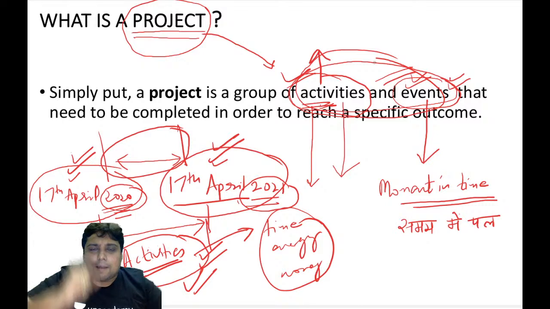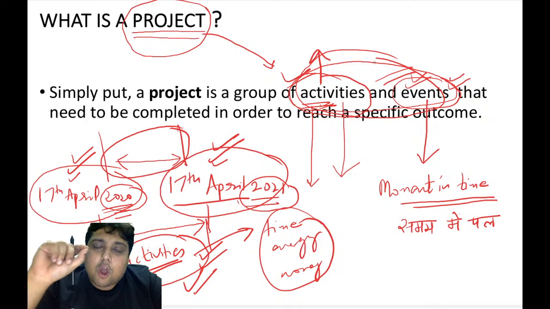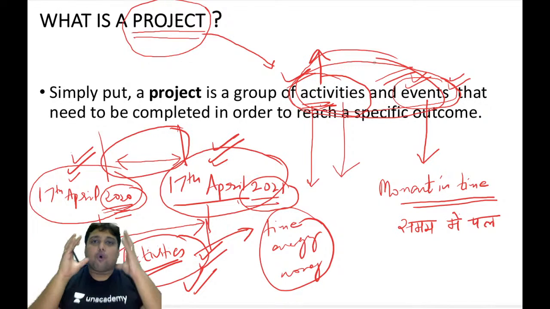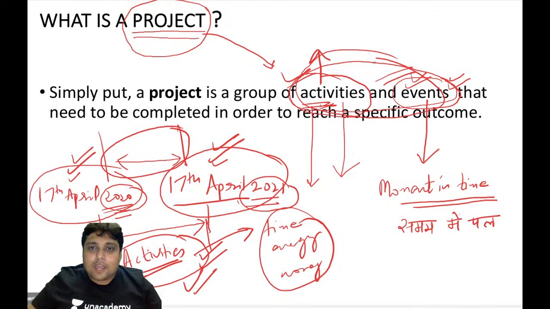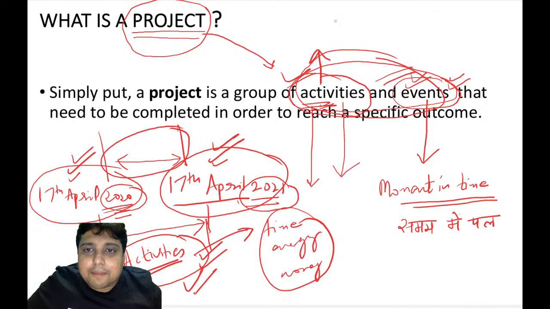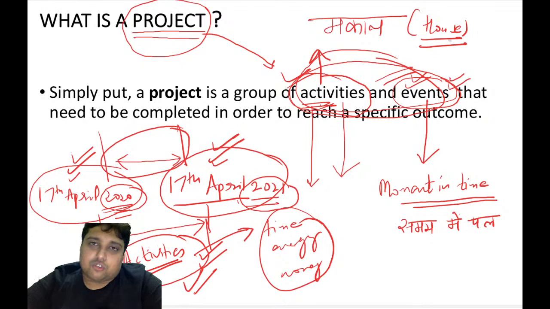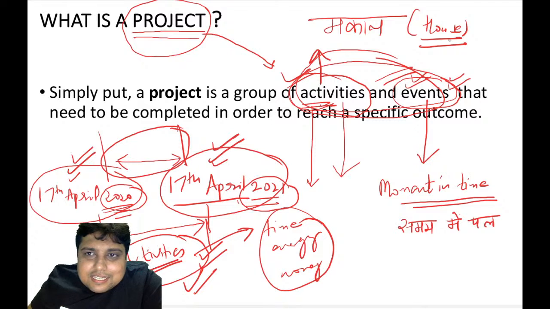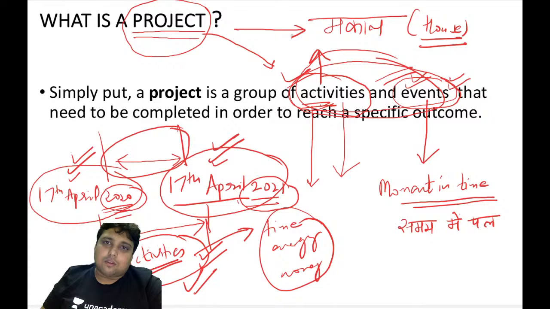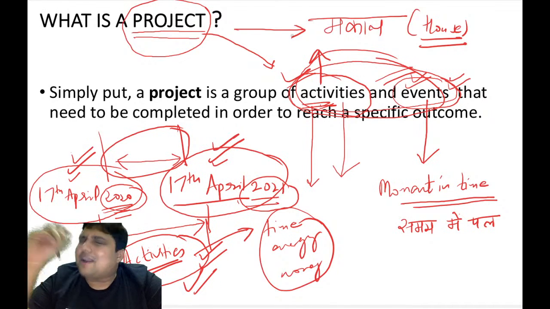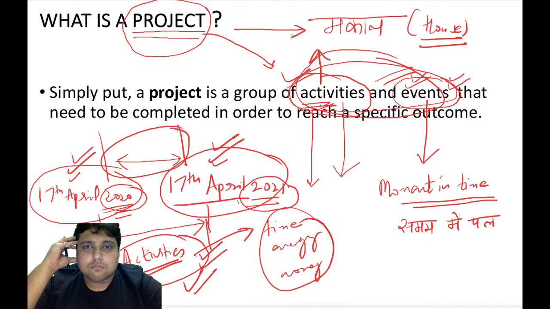Let us take a very good example. Let's say that you or somebody has to get constructed his own home, his own house. अपना स्वयं का खुद का मकान बनवाना है, मकान, house. Somebody has to get constructed his own house. Let us consider this house construction process as a project. Now this particular project has hundreds of activities and hundreds of events.